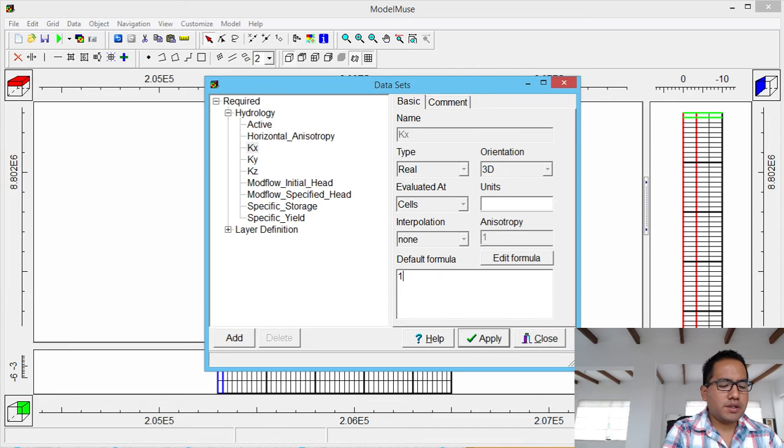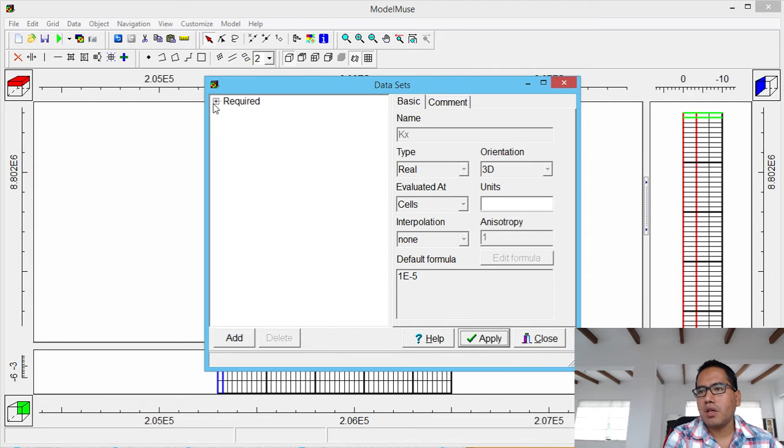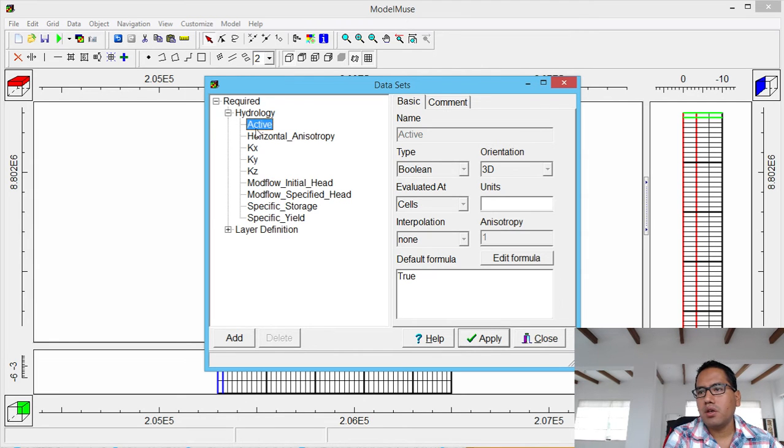Okay, so let's say 1e to the minus 5, yes? Hydraulic anisotropy of this is okay. I put apply, let's say, hydrology. So everything is active, 1 times 10 to the minus 5, this is 1. The initial head will be